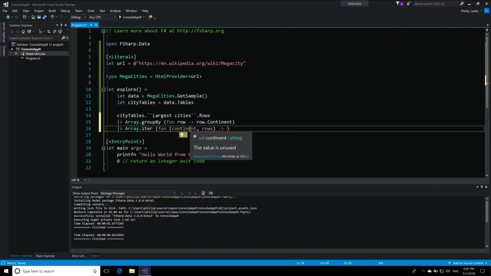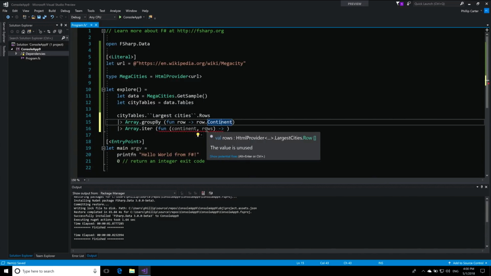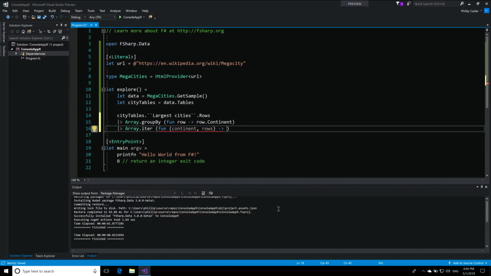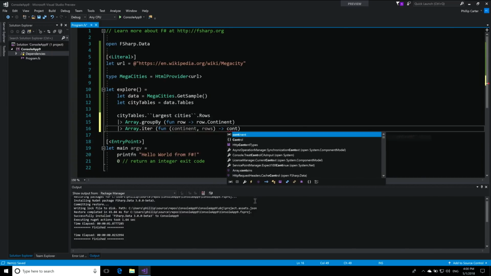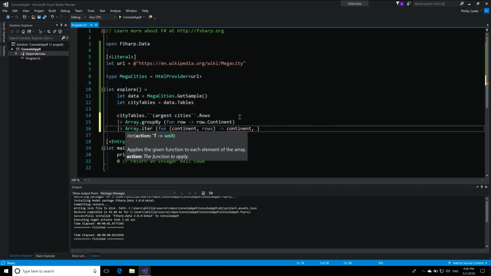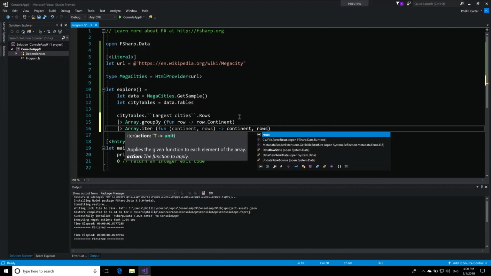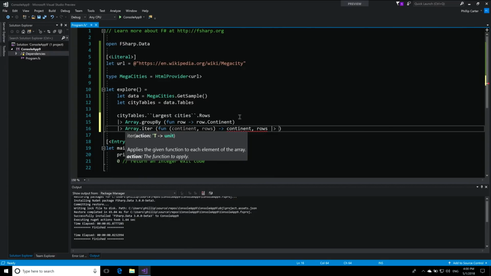So if we hover over that, continent is a string, and rows is an array of rows there. Which makes sense. So we could maybe do something like create a tuple here. Basically what I did here is this is a tuple type. If you're familiar with C# tuples, F# has had them for a while. We'll just have that, and then instead of just rows, we'll do rows piped into Array dot